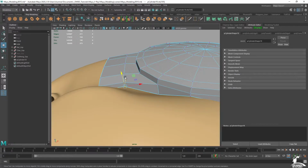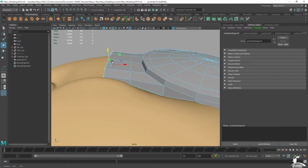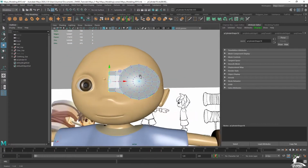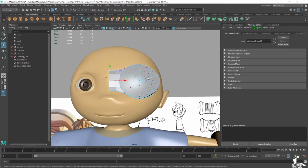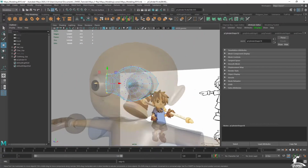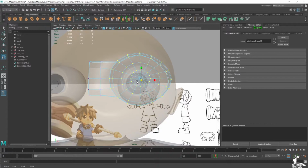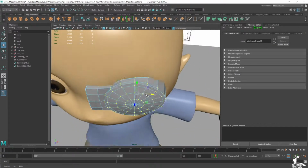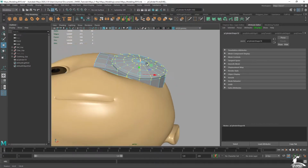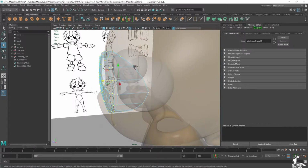Something like this. And right here in the center can move up the most. We get that. All right, so that's looking good there. Now, if we feel that may be a little bit too big, no worries. We can scale this down and do what we need, and again, just position this however we need it to. So that's looking good. And I'll just go ahead and grab these last bits of vertices